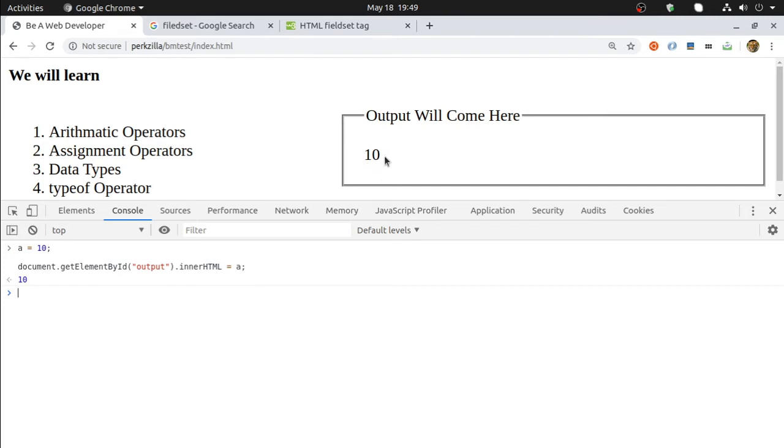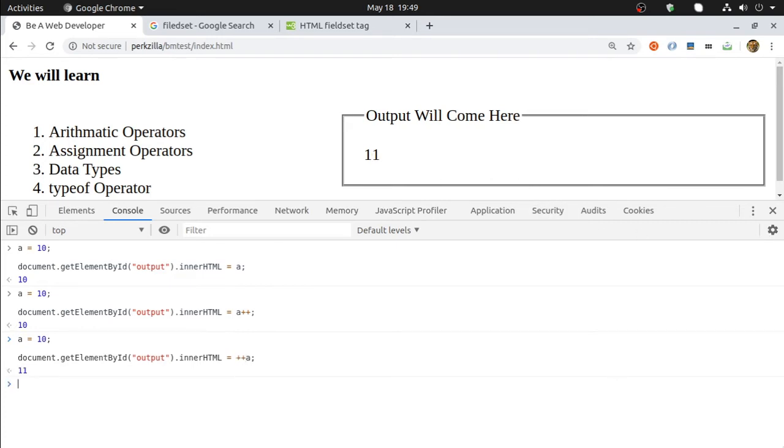This is 10. Now let me do something. a plus plus. The output is 10, but this time let me do plus plus a. The output is 11.